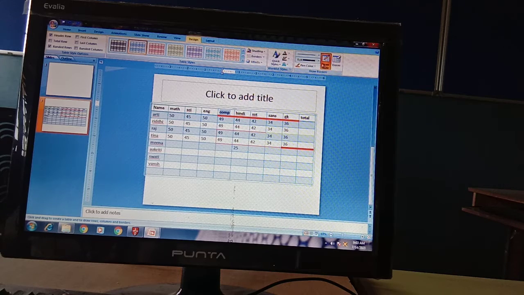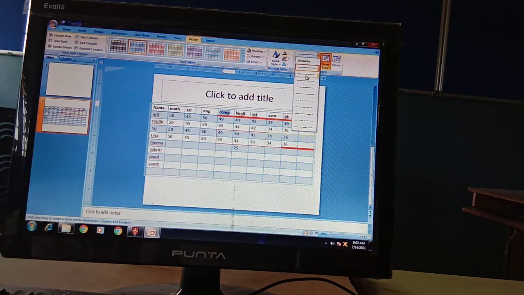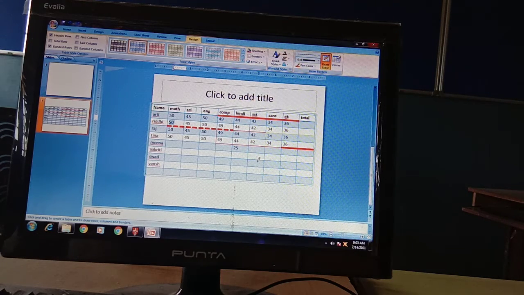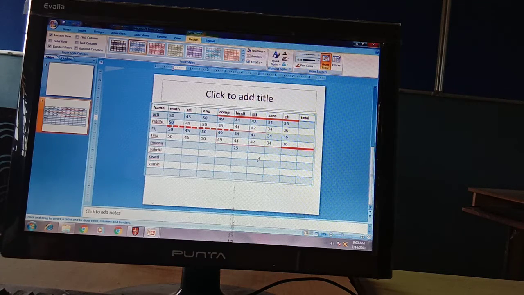And you can have lines of different types also. Like if you want a dotted line, your pen color line will also be dotted. See, it is in dotted form. So this is how you can make changes in your table to help others understand your points and your data.